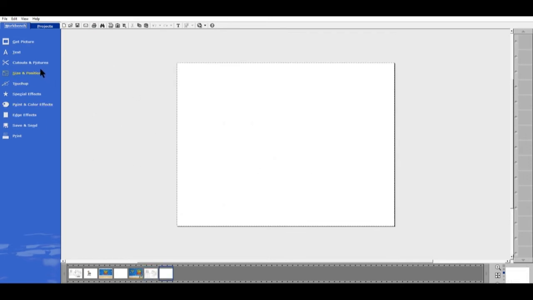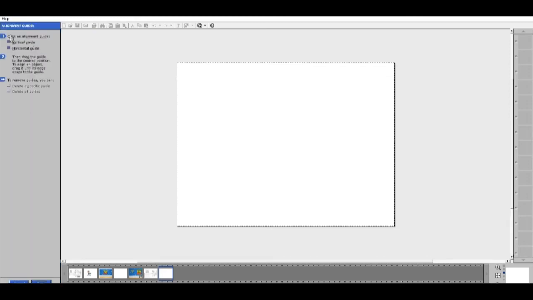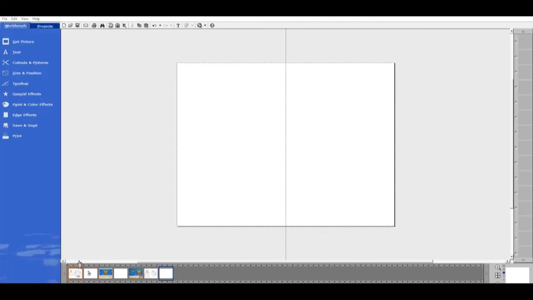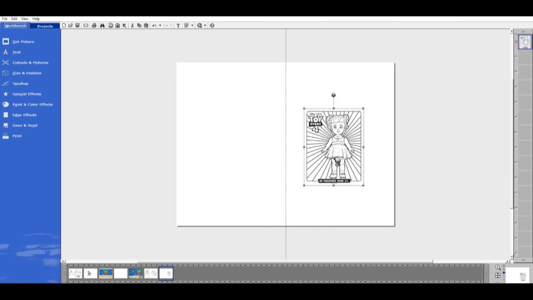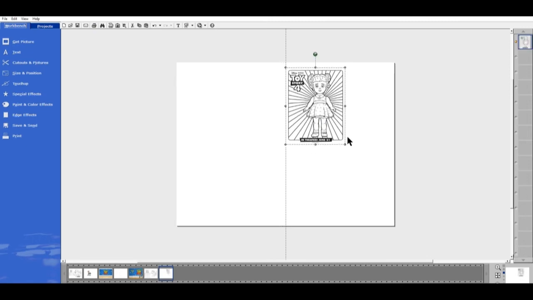Choose a new page, size and position, alignment guides. I think this is the menu you don't see, but you're going to go to the one that says alignment guides, which is the last choice. Then you're going to click on vertical guide, put your line down the middle, hit done, and just go and add more pictures. Click that one, bring that in, resize it